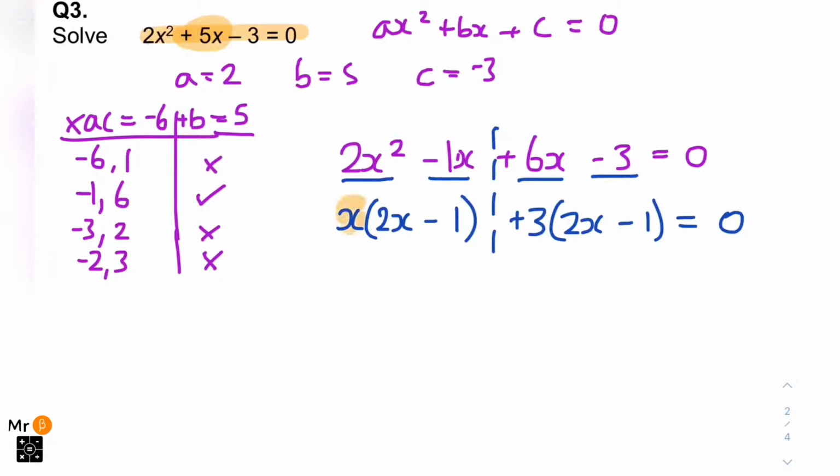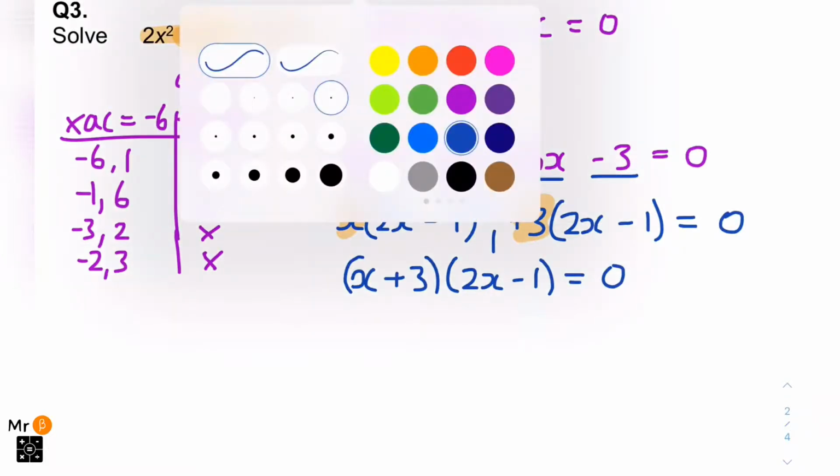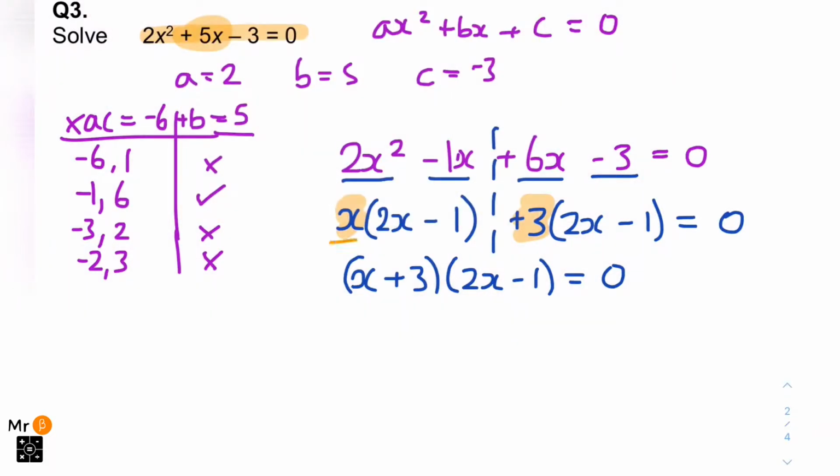So we now have x lots of this 2x minus 1 plus another 3 lots of this bracket 2x minus 1. So in total we have x plus 3 lots of this bracket 2x minus 1. So we took both of these numbers and put them inside this original bracket. You will now notice our quadratic is written in double brackets, and just like we did on question 1, we